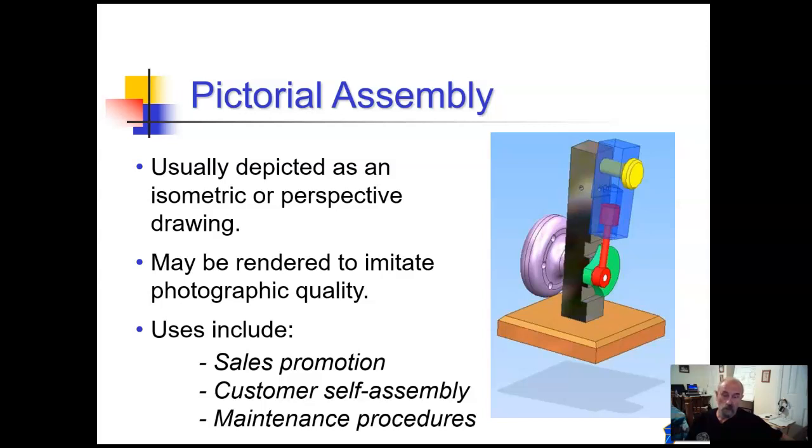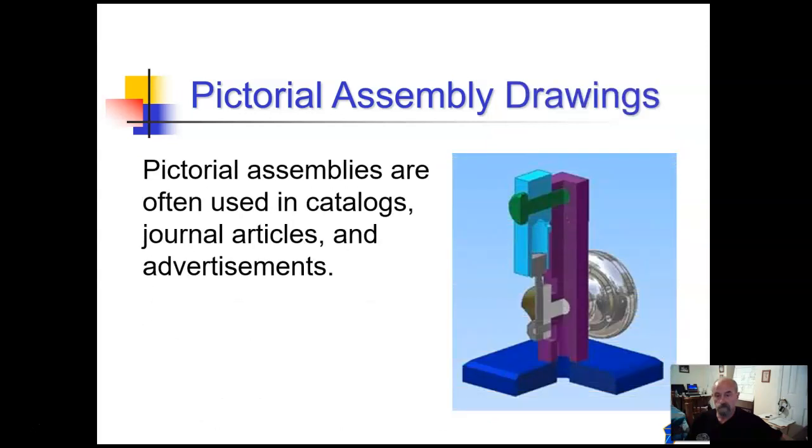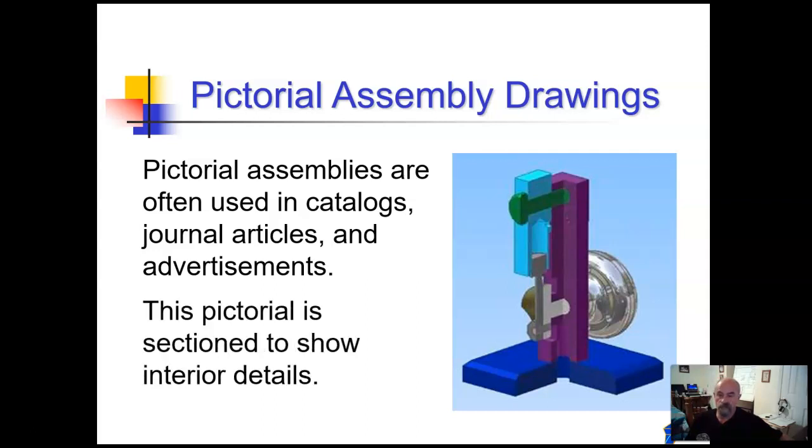explaining with Inventor. You can do these with animations to fully show the motion as well, and that would be used for better explanation for all of these purposes. Pictorial assemblies are often used in catalogs, journals, articles, advertisements. This picture is sectioned to show interior details, so you can do sectional views on three-dimensional objects as well for